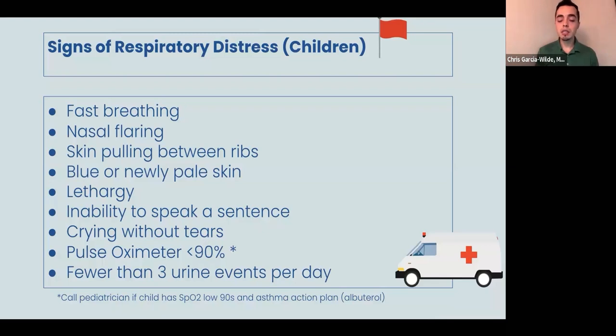A few other signs are when they're so dehydrated that they're crying, but they're not making any tears. If their eyes look dry while they're crying, or if their mouth looks very dry, or if they're not peeing 3 times a day. If they stop peeing at all completely for a 12-hour period, or if they're not peeing at least 2 to 3 times a day, then you should take them to get evaluated because that's a sign